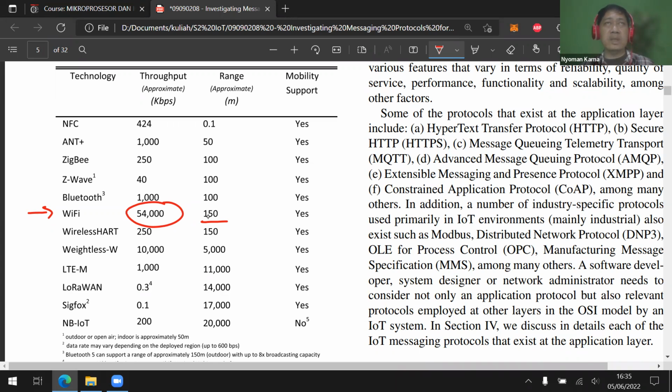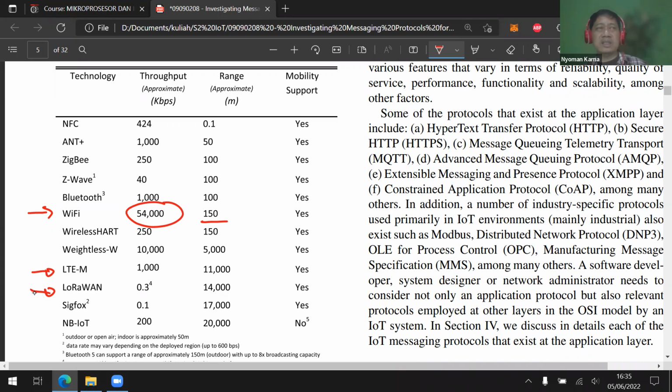However, probably there will be a mobile signal, for example, at least GPRS or possibly the LTE. So in that case, we can use the LTE or probably the LoRaWAN, depending on how big the data is.